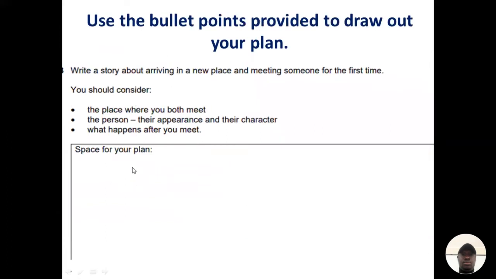Use the plan to just write out what you intend to include in your story. What should I include? Remember you're beginning with description, action, or dialogue, the place where you met. Remember to also include the title. I arrived in India, blah, blah. India is a very nice place with a population of 1.3 billion, and they are mostly, so you keep describing,